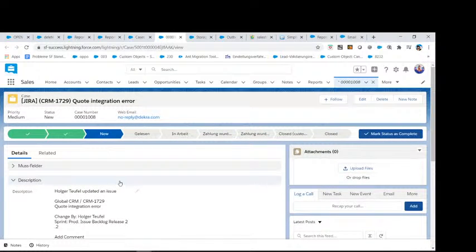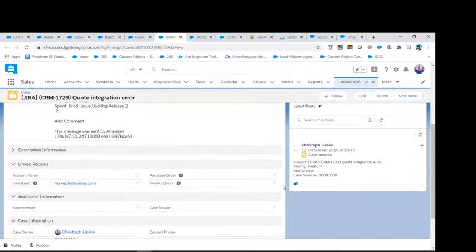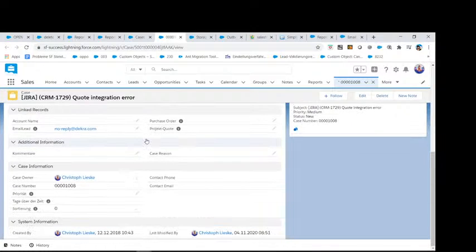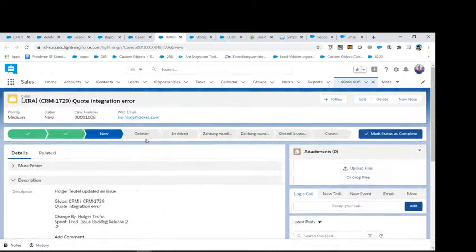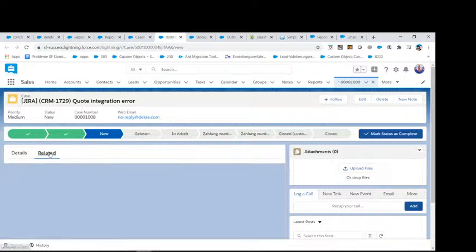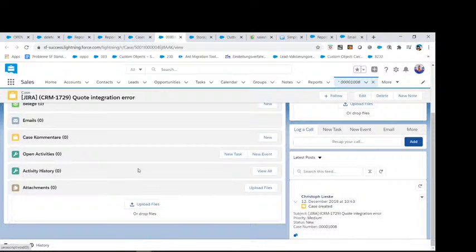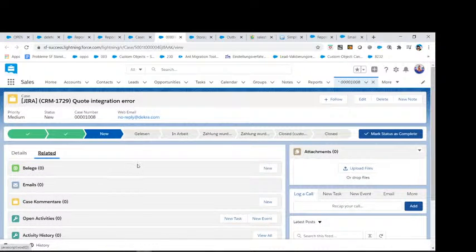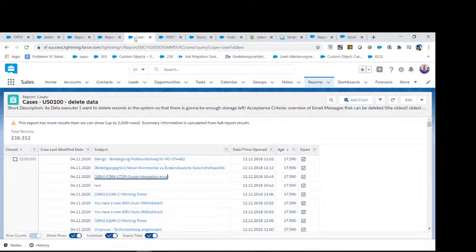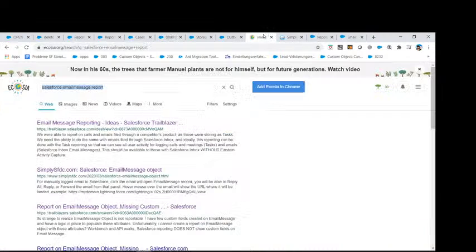What I'm gonna do, I have a look at the messages, if there's gonna be a message or something that should be in here. And actually there should also be an email message in here. But as you can see, there is no email message, and so we don't need to relate them. In my opinion, there's gonna be related stuff, but let's go for the email message case relation.